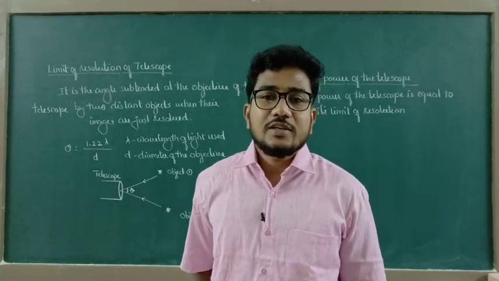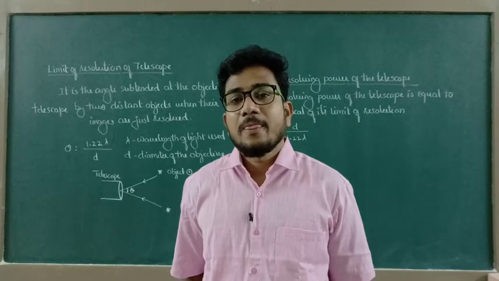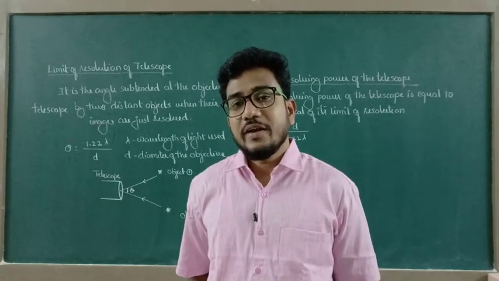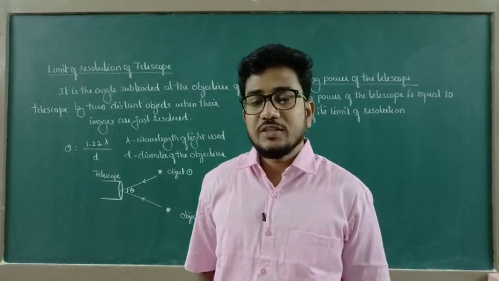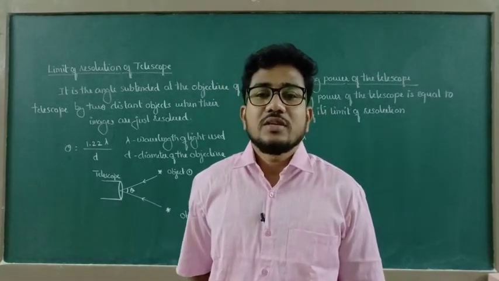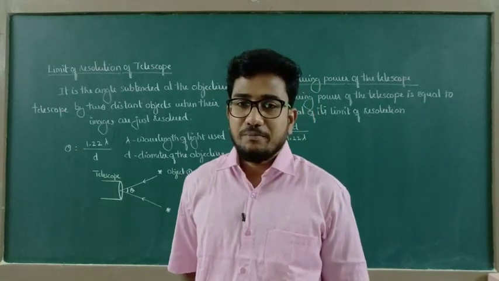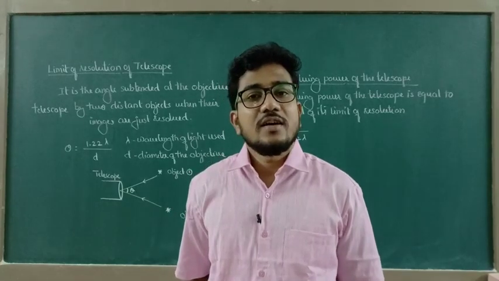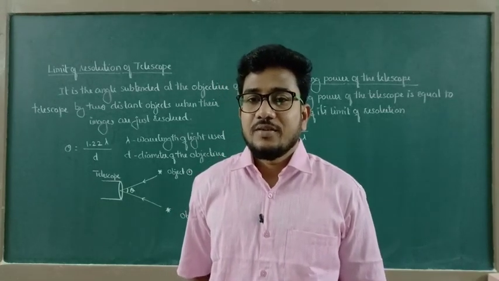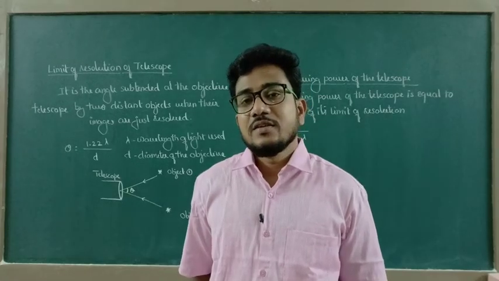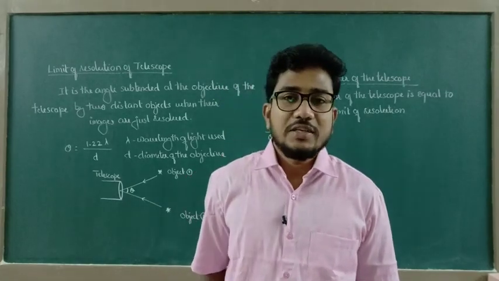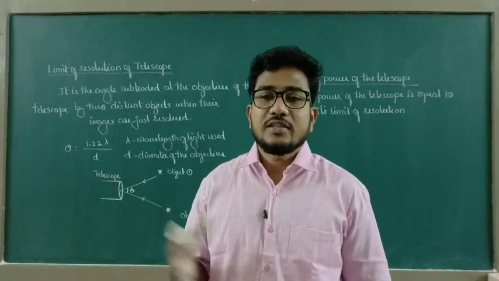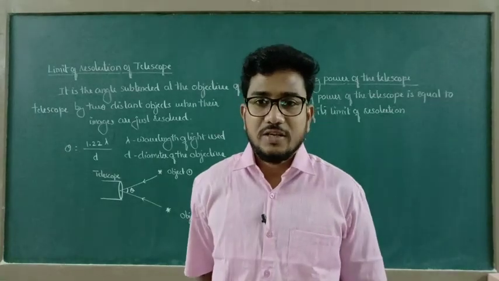And in an electron microscope, a beam of fast moving electrons is used in order to increase the resolving power, because a beam of fast moving electrons again has a smaller wavelength. So if wavelength is minimum, resolving power is maximum. On the basis of that, we consider these types of microscopes.